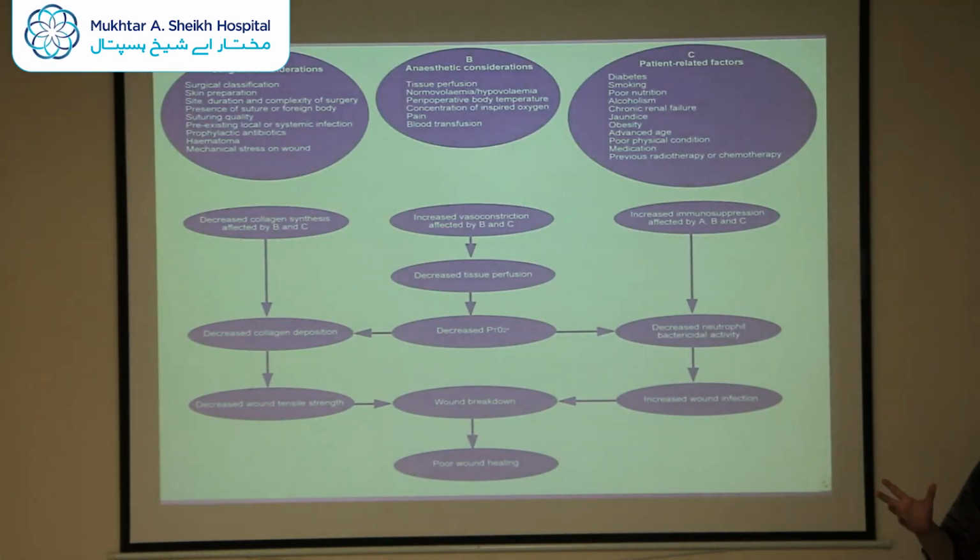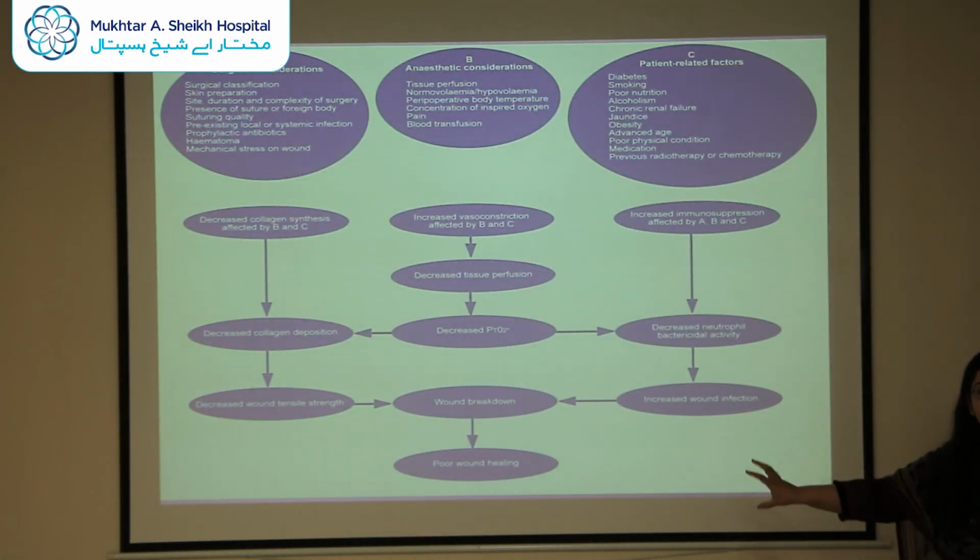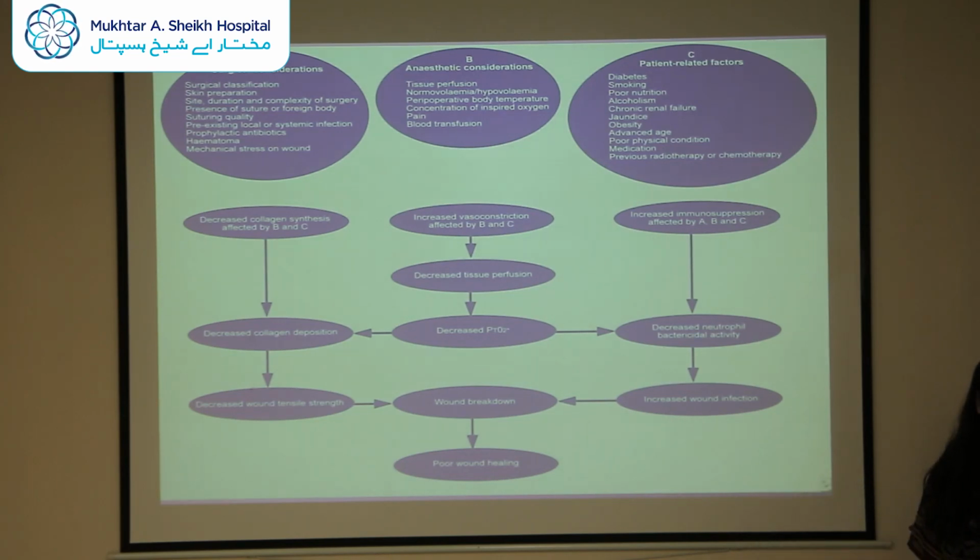This is a diagram which basically shows that there is a complex interaction of multiple factors that leads to a surgical site infection. There are three primary categories in which these are divided: surgical factors, anesthetic factors, and patient-related factors. Patient-related factors include diabetes, smoking, poor nutrition, alcoholism, and other factors that can lead to immunosuppression. Anesthetic factors include decreased tissue perfusion, decreased oxygenation intraoperatively,